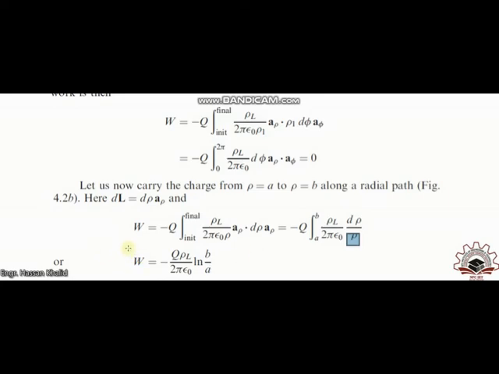So finally, by taking the integration and solving it for our desired work, we obtain minus q rho L divided by 2 pi epsilon natural log of b over a. Now if you want to remove this negative sign, you just invert this natural log, that is natural log of a over b, so this minus can also be transformed into a positive work done.